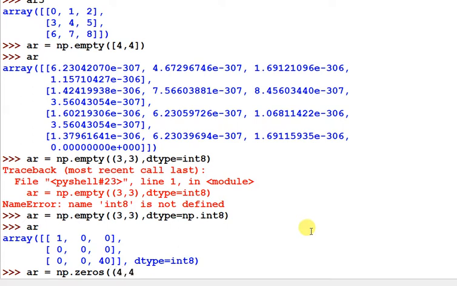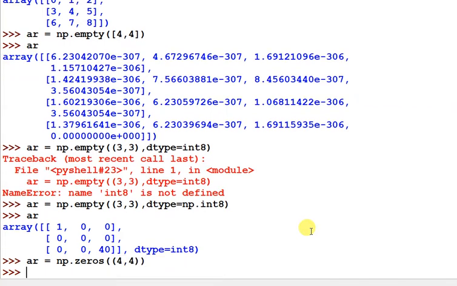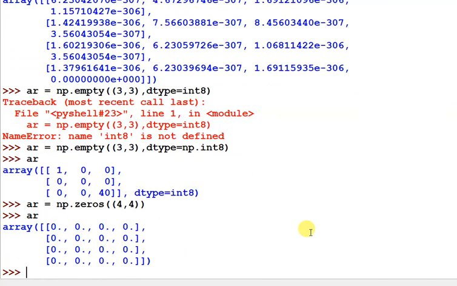Suppose I am passing 4 by 4 dimension, and then closing, and this generates a two-dimensional array. The default data type of a NumPy array is float, so it generates float type elements, 0.0. So it generated a 4 by 4 dimension array.